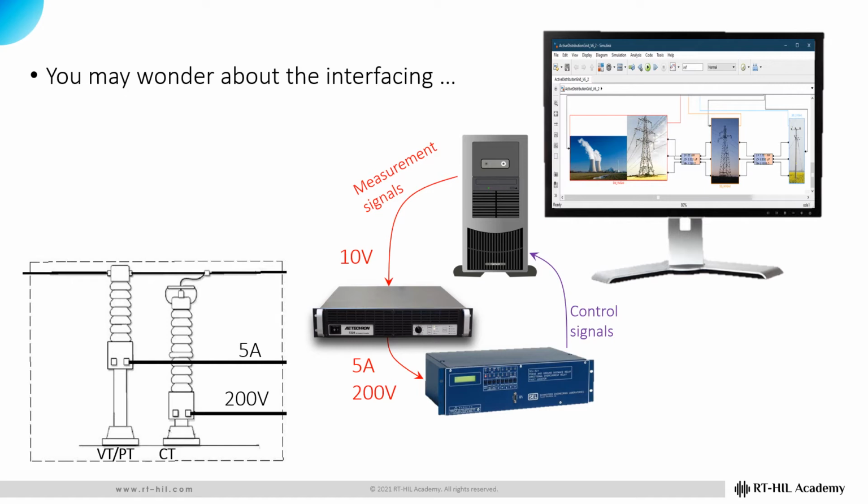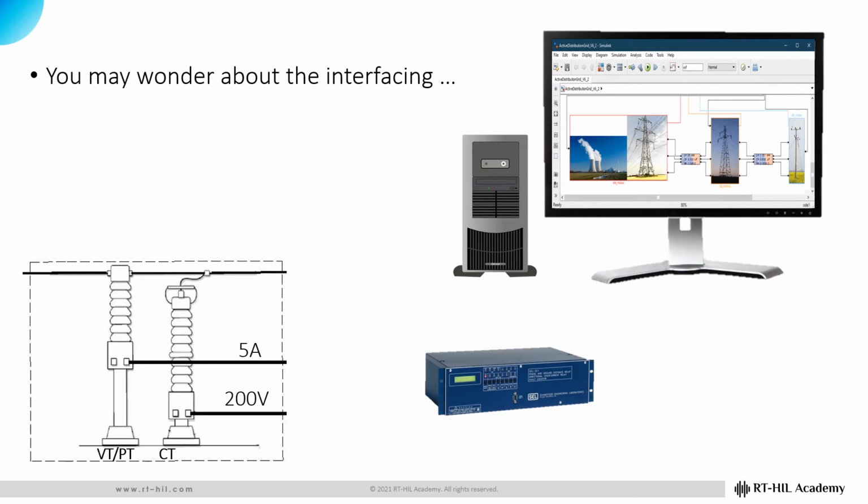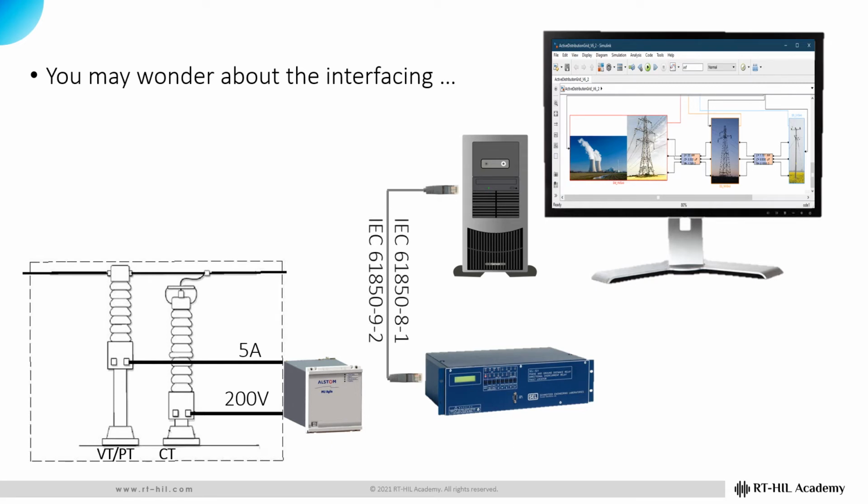You may wonder if there is any other way to implement the interface. The answer is yes. With the advent of communication-based architectures for industrial plants, the devices in actual plants are nowadays interfaced through communication networks, rather than analog or digital signals. Therefore, the real-time simulator manufacturers have implemented a wide range of communication protocols that can be used to interface real-time simulators with the actual devices. This approach is, in fact, the interfacing method that you will learn in this course.